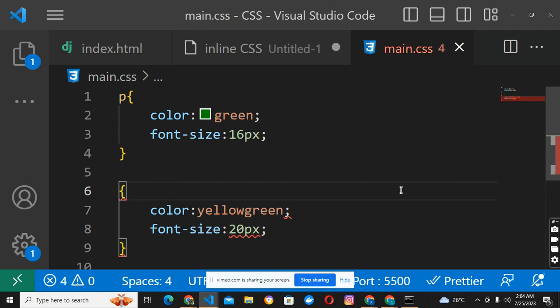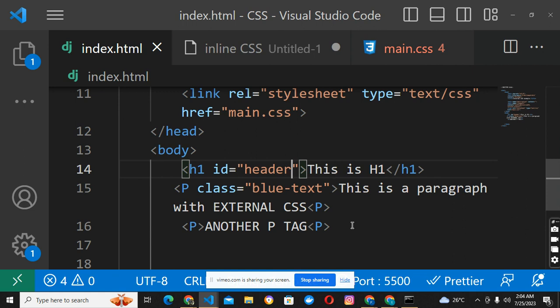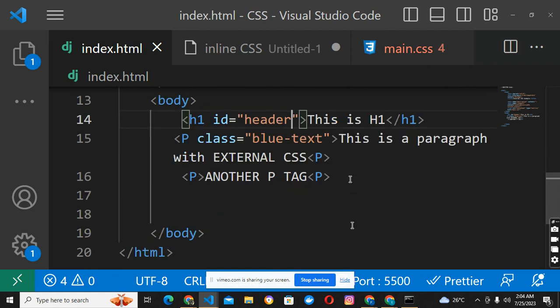Let me create another tag, rather, not another HTML. Let me create a p tag,